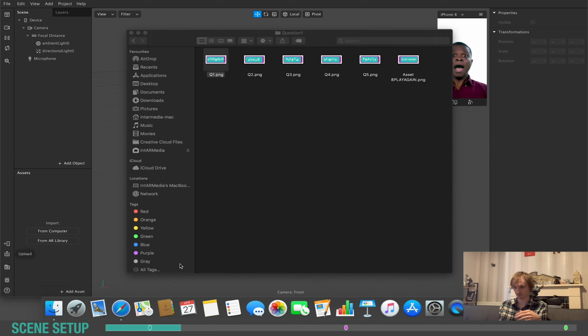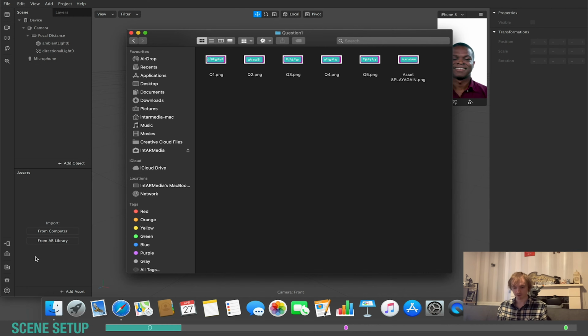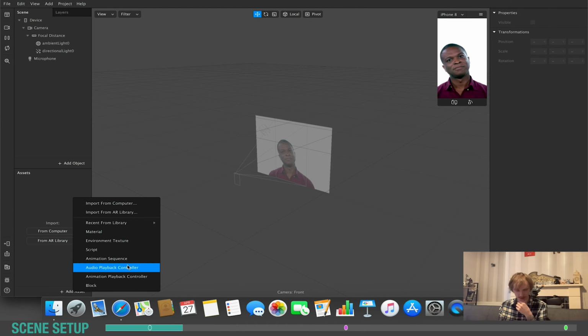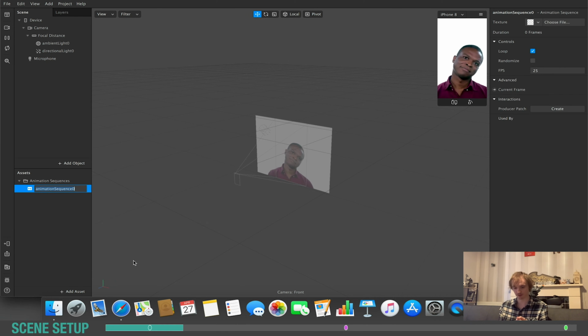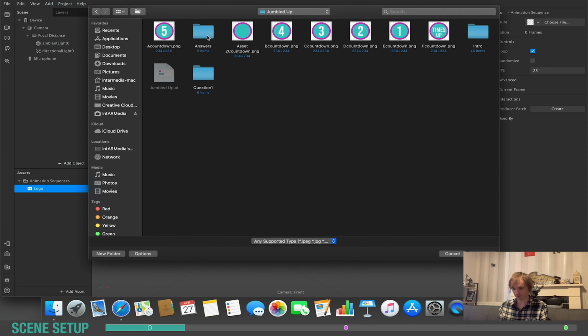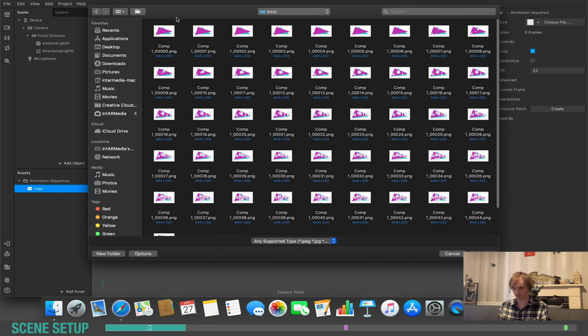And just switch back here. So all I'm going to do first is I'm just going to go import, I'm going to go to add asset. I'm going to create my animation sequences first. So I'm going to go to animation sequence, just call this my logo, choose file, and just navigate to my logo sequence